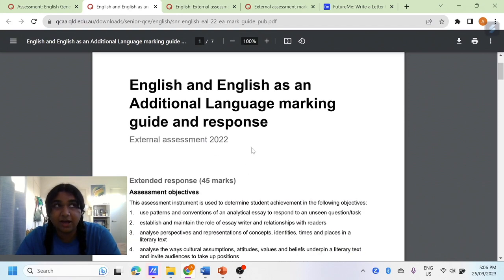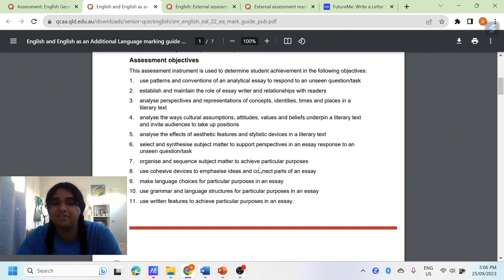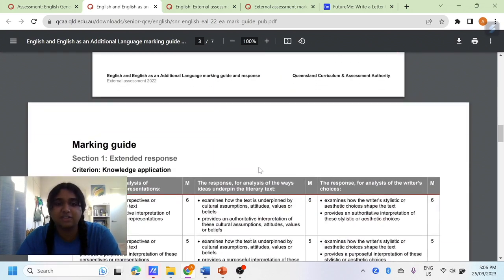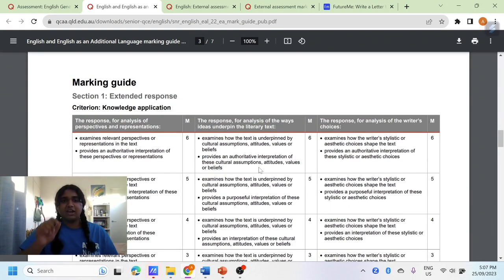I know our English mark was out of 45. This one was also out of 45, so it stayed constant and has broken up into 3 different kinds of criteria. The first kind of criteria that they've given you is your knowledge application. So how well you are able to take the content, take the actual story of the book that you've been studying, and translate it into an analytical essay. So in order to do this like 100% correctly, your analysis of the perspectives and representations of these texts have to be relevant